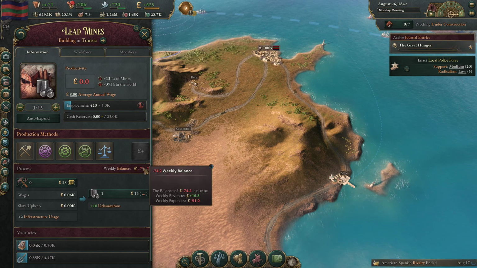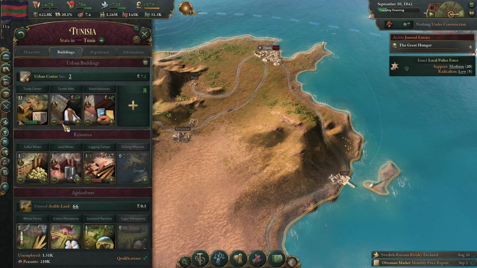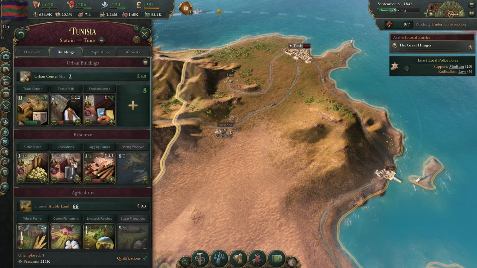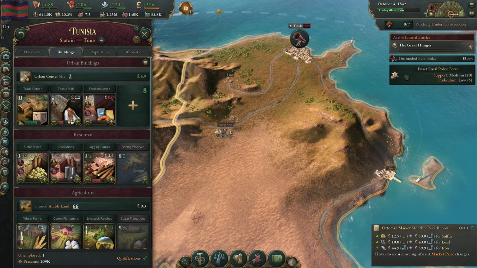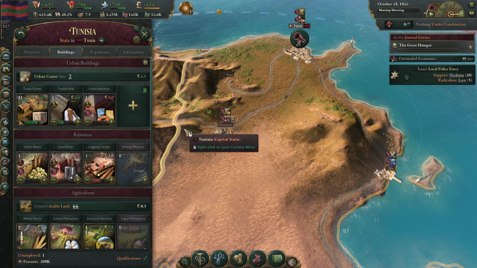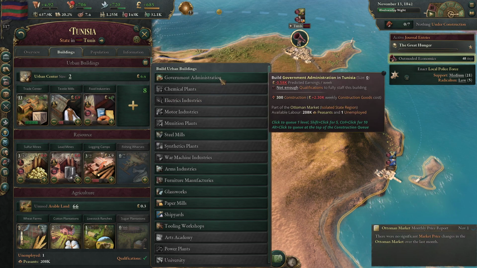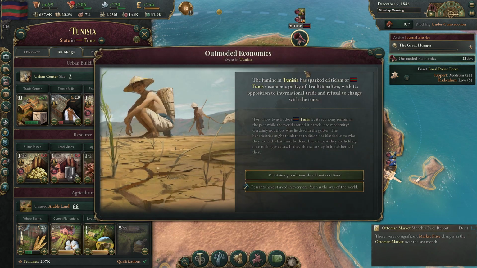Weekly balance is negative 74. I'm assuming there's just nobody that wants to buy this sulfur and nobody that wants to buy this lead. So it's probably a big mistake to implement them into the economy. I'm wondering if maybe we should add in...